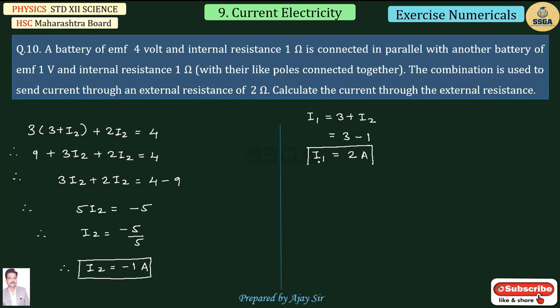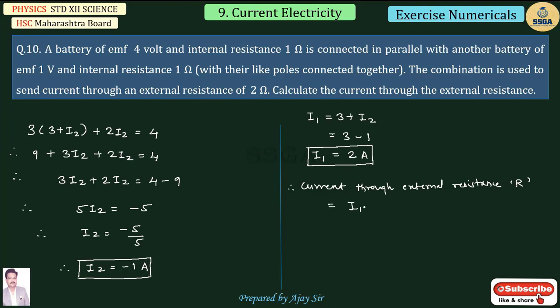So therefore I1 and I2, both the values we got. So then you can easily find the current flowing to the external resistance, that is I1 plus I2. Therefore, current through external resistance, that is R, which is equal to